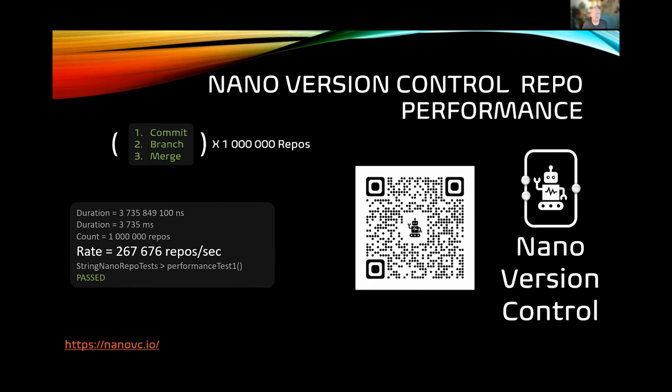But being put together in this repository, in this repo configuration, means that we can start building higher level history-based operations using this data structure. And anyone who's tried to commit files or content to Git will realize that you get nowhere close to 1 million repos or 1 million commits per second using the normal disk-based approach.